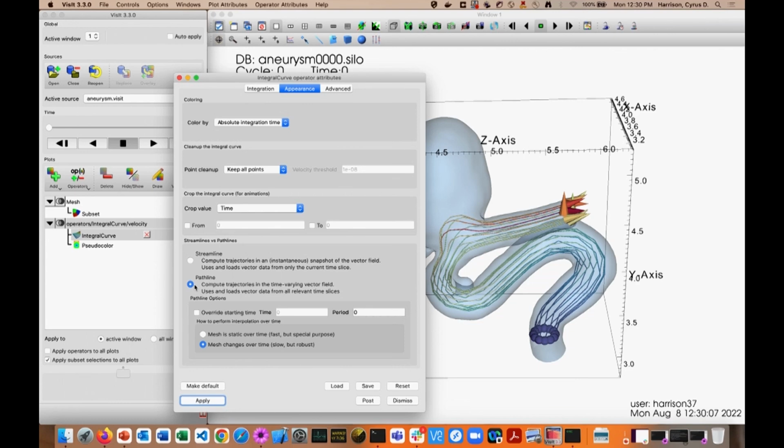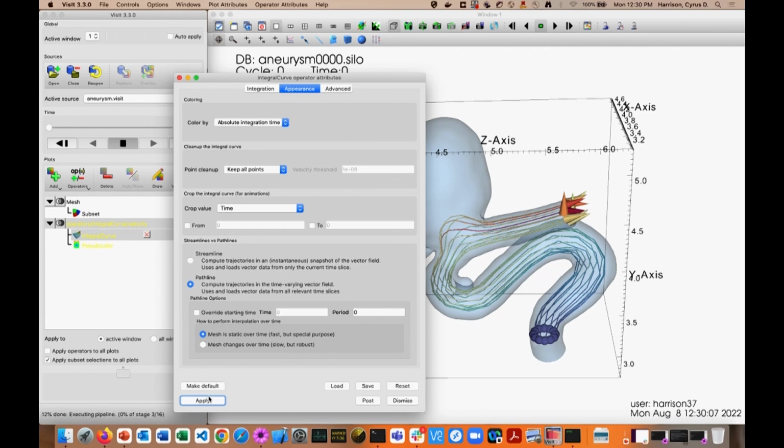The only other thing I want to say about this is an important option here: we have this mesh static over time or mesh changes over time. We basically have to interpolate these vector fields between times in order to figure this out. So the general case is things change over time, and VisIt can handle that. Super expensive. If you have a mesh like we have that's not moving, then we want to just say, no, it's the same, and then we can just difference fields. So if I activate this and then hit apply,